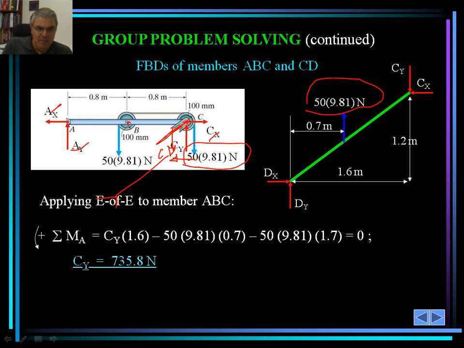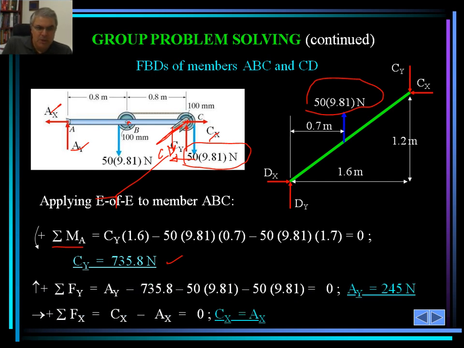and that's how we come up with that. If we had taken the moment about point C, we could have done a similar thing and calculated A sub y in that case. So for C sub y, from that equation, taking the summation of moments about point A and setting that to 0 as a condition of equilibrium, assuming the counterclockwise direction is positive, we would go through that equation and solve for C sub y, and C sub y turned out to be 735.8 Newton. Then we take the summation of forces in the y direction because we already know C sub y,